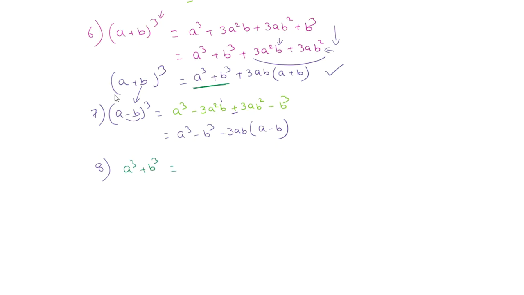Very simple. You have already written the a plus b whole cube formula, which has this part a cube plus b cube plus 3ab into a plus b. So this plus 3ab into a plus b, if you send it to the left hand side of this formula, it will become the a cube plus b cube formula. That's it. It's not any rocket science or anything complicated. Just send this plus 3ab into a plus b to the left hand side, then automatically it will develop one more new formula for you: a plus b whole cube minus